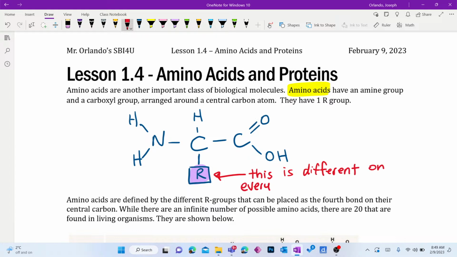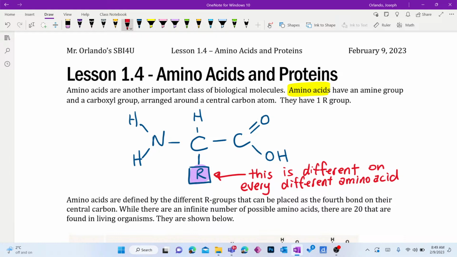So this is different on every different amino acid. And you could put just a hydrogen there. You could put a carbon with 3 hydrogens there, or you could put something else there. And each one will have its own unique properties. You could put a functional group there. You could put a hydroxide there. You could put a second carboxylic acid. You could put a little ring there. You could put whatever you want. And in practice,